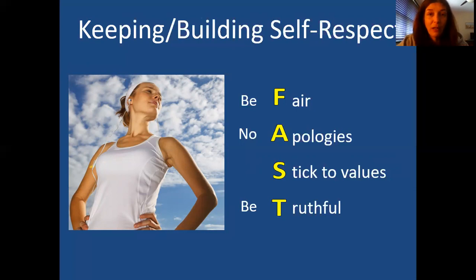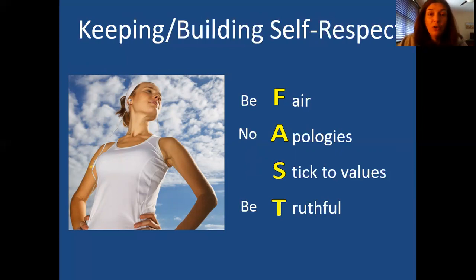But if you're motivated to try to build your self-respect, it's important to put some of these FAST skills into action. So first, being fair to yourself, which means don't do more than your fair share in a relationship. It should be a two-way street, right? You shouldn't be doing all the work or all the favors, right? Sometimes you have to say no, remembering that if there's a problem, it's never all your fault, right? There's two people involved, or maybe other circumstances involved. So it's not fair to take on all the burden. All right, so those are some examples of how it operates to be fair. So remember, keep a balanced view of all the things that are involved here.